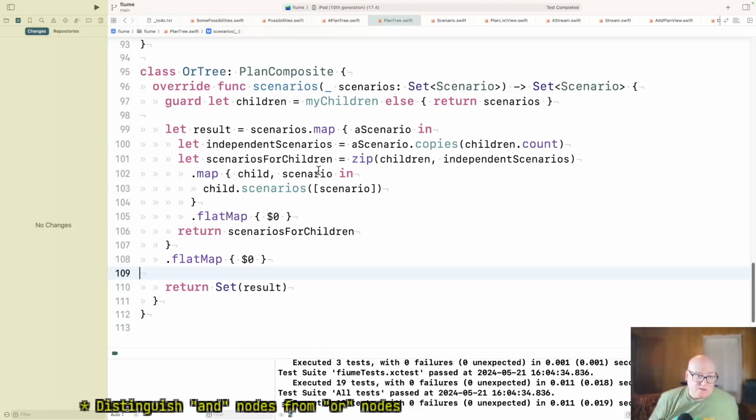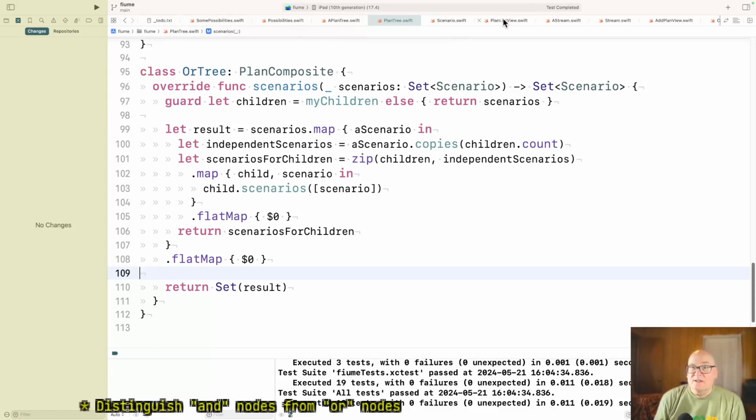Okay, that seems okay. All right, so I think the two choices are the, well, one thing I note is right now we build up this list of scenarios or set of scenarios, and we don't do anything with it. Okay, so the question is who's the consumer?